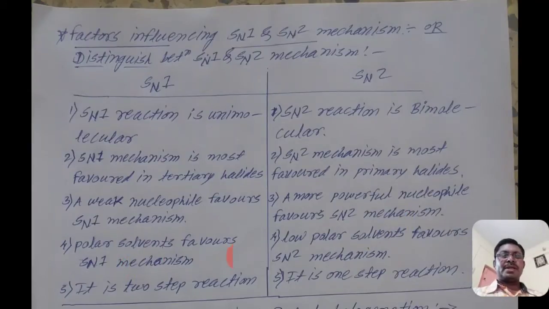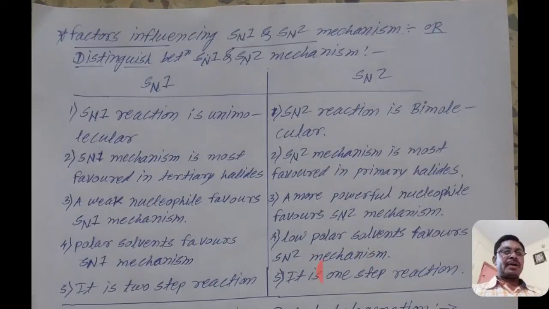Polar solvent favors the SN1 mechanism. In the SN1 reaction, there is breaking of the bond between carbon and halogen, then the formation of a carbocation, a positively charged carbon atom, in that solution, and that solution is favored for the SN1 reaction. The polarity is formed in the first step, and then the weak nucleophile attacks that carbon, or links with that carbon, and we get the product.